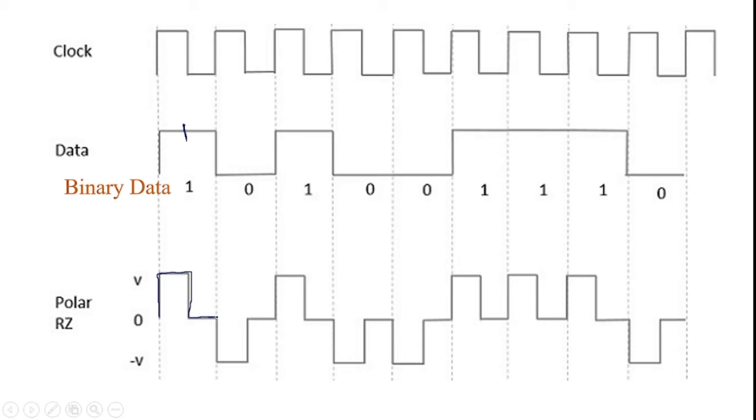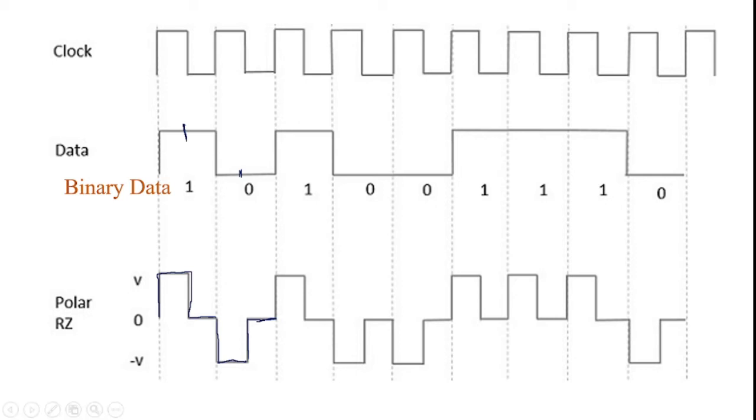And what is polar signaling? The polar signaling uses two voltage levels. And what are the two voltage levels? One is the positive voltage level and the second one is the negative voltage level. So because of that, here a low in data represents half of its duration, T naught is less than the symbol bit duration. Similarly, for low in data, half of the bit duration remains high, meaning in a negative manner. And the remaining half of the bit duration is considered as the absence of the pulse.